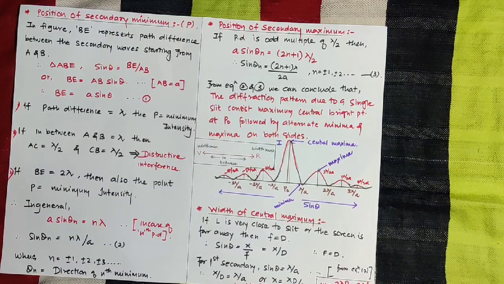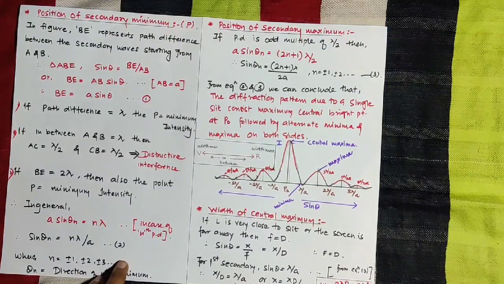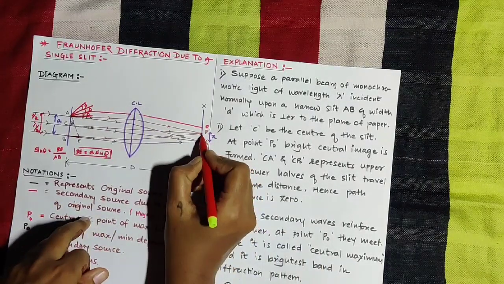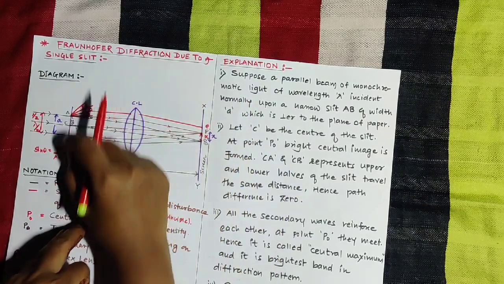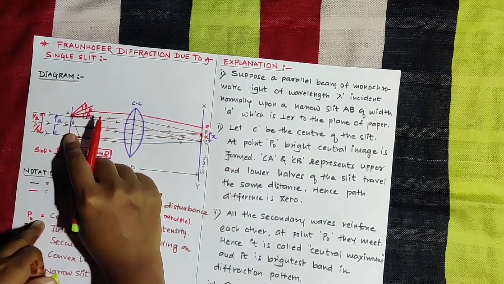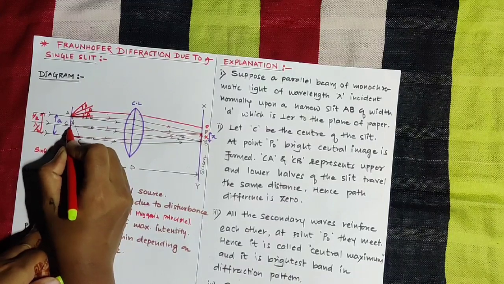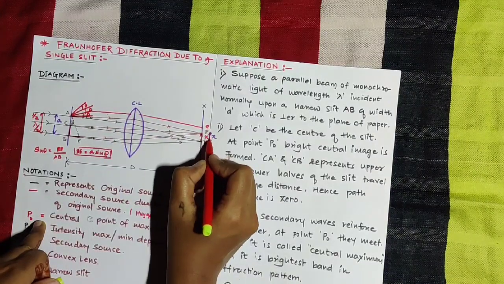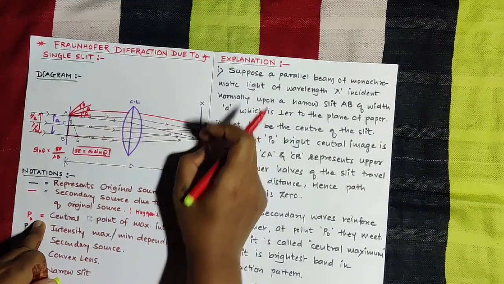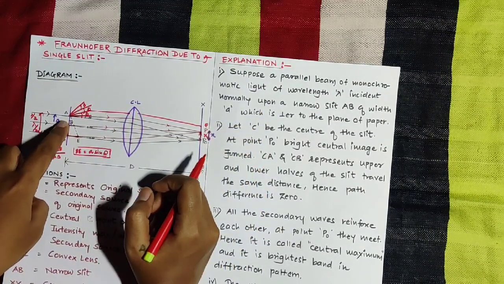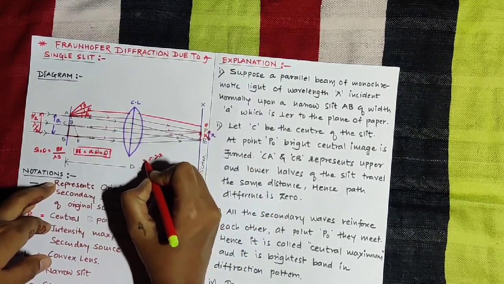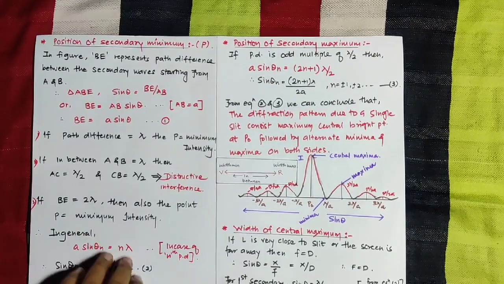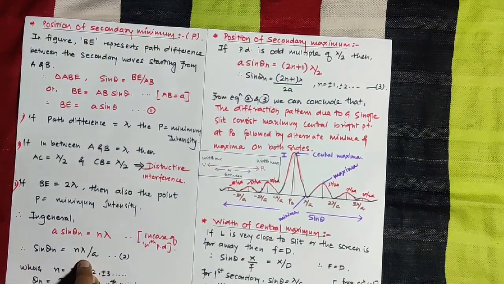But the width is nothing but 2 into x. Why have we considered the width as 2 into x? Look here, this distance we represent as x, and this distance, if you measure, you will get half of the slit, that is CB. Whatever distance CB is, that is the fringe width on one side of this diffraction pattern. What about the upper half? We have to add it. That's why we write 2x is equal to w. So the width of the central maximum is equal to 2 times x.